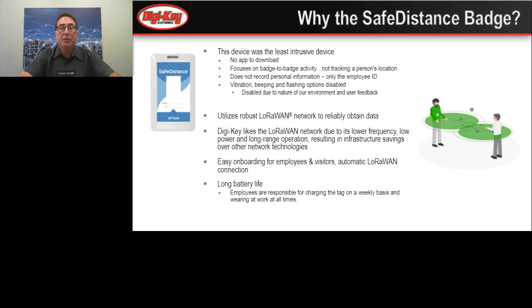They just wanted to track the proximity interactions in a very passive manner and then, when needed later, go back and use that information to do appropriate contact tracing. So the reason why they also use this badge is because they needed to cover large areas. DigiKey is a very large distributor. They have enormous warehouses, they have office spaces, they have numbers of different kinds of work environments. They needed a network that could be deployed across all of these and with good coverage, good reliability, and rapidly.